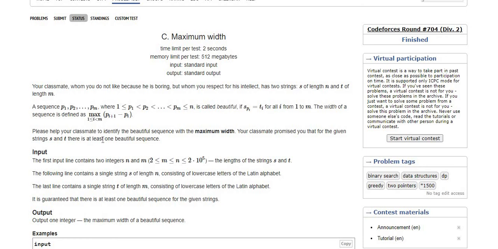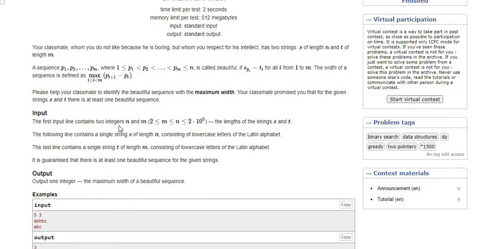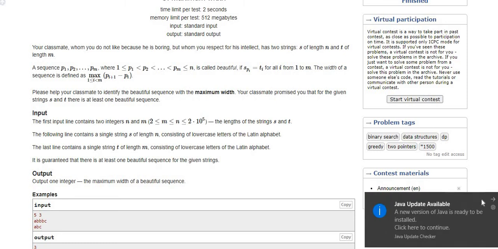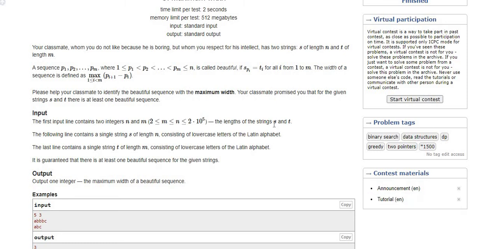So basically in this problem we are given two integers n and m, and out of those we have to form two different strings: s of length n and another string t of length m. And what we have to do is find a beautiful sequence, where the maximum width of a sequence has to be found.